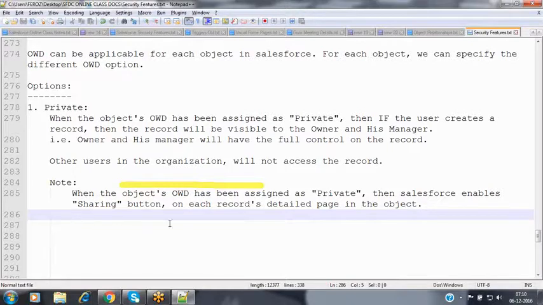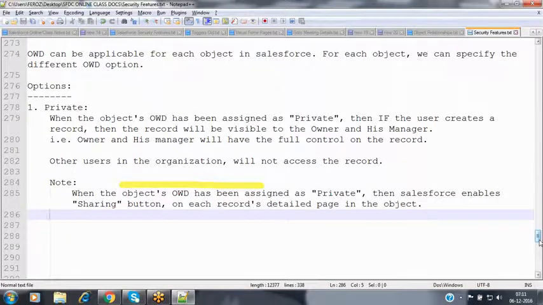Okay. Here, one question. Can we share a bunch of records at a time? Yes, that possibility is there. A bunch of records we can share, or else if you want to make it an automated process, we are going to use that.